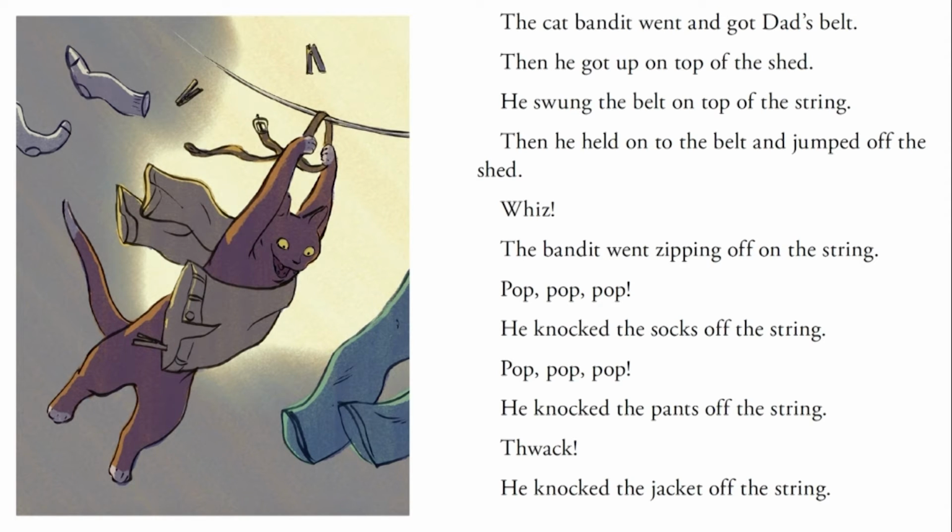Wow! On this page, we saw some exclamation points and commas. Did you hear how my voice changed when there was an exclamation point and the way I paused at the commas? I also see some sound words or onomatopoeia on this page. There are 3. Can you find them? That's right. We have